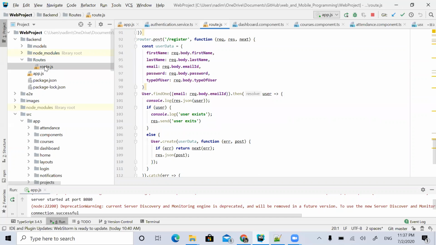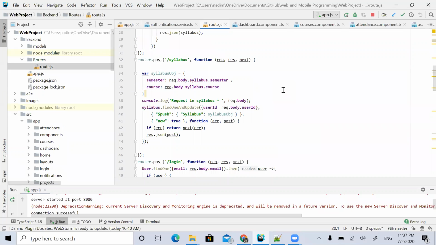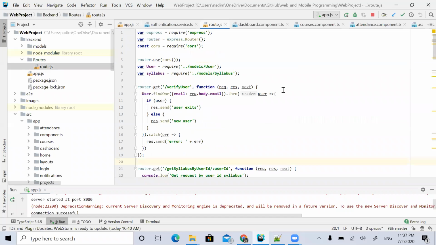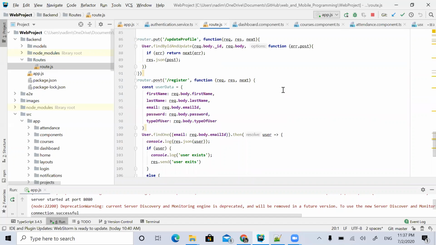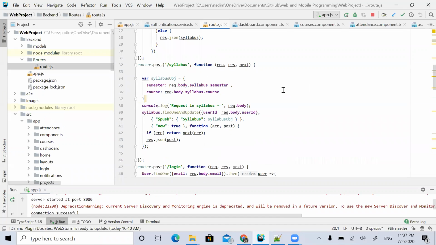And this is the routes. This is the Express.js code for retrieving the user details, posting the details, getting the details and all the stuff.